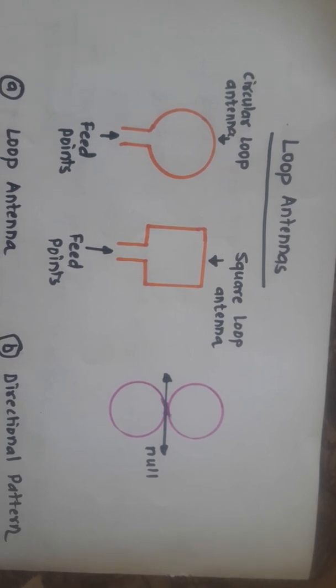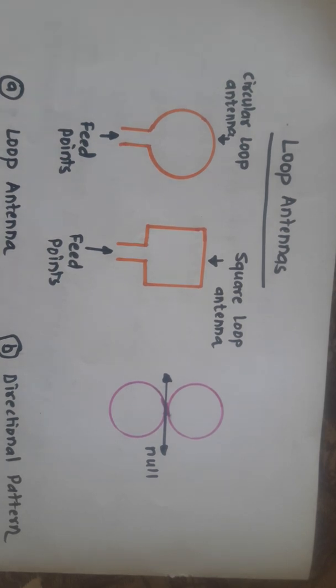Dear students, today we are going to discuss our next point of discussion, that is called the loop antennas. Basically, such antennas are used in direction finding or navigation applications where we want to search for anything. Loop antennas may also be used in radar systems for finding directions or finding some targets, right? So, this is all about the introduction of the loop antenna.